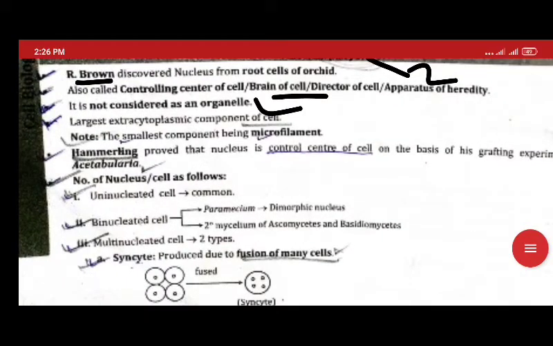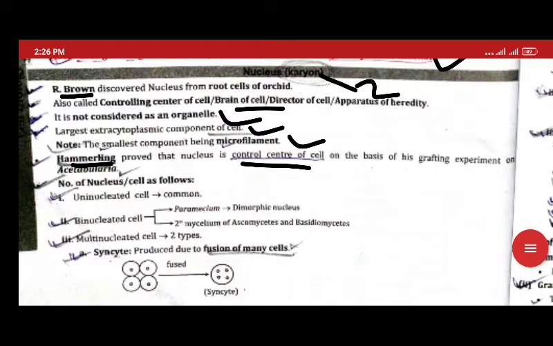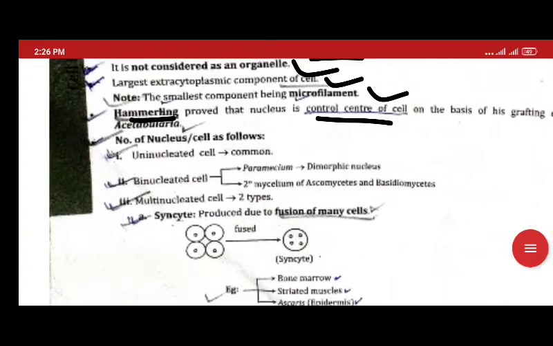It is also not containing cytoplasm. The smallest component of the cell is the microfilament, and Hammerling proved what? That the nucleus is the control center of the cell. And by number of nuclei, uninucleate, one nucleus in one cell, is common; two nuclei in a cell